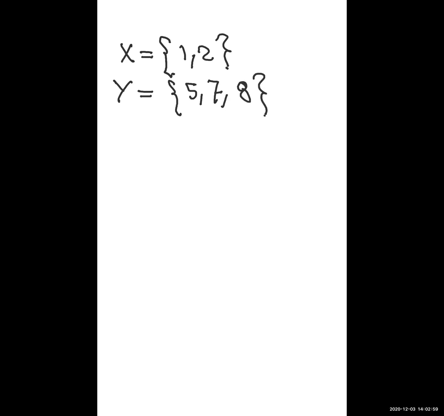Okay, first, if there is a set of x which is equal 1 and 2, and a set of y which is equal the set of 5 and 7 and 8. Now, if I want to get x cross y,